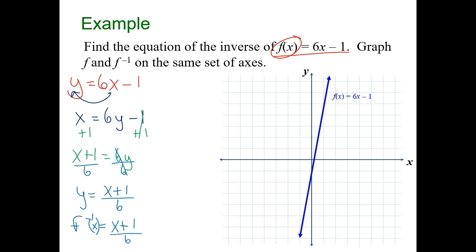And then if we want to write this in slope-intercept form, just to make it a little bit easier for us to graph, the inverse function of x will be 1/6 x plus 1/6. Okay, so we just take that denominator and we're writing it with both terms individually so that we have our equation in slope-intercept form. So with slope-intercept form, now we can plot that I have a y-intercept at 1/6, and